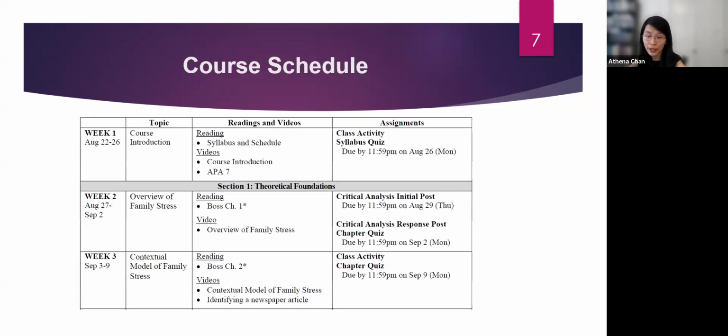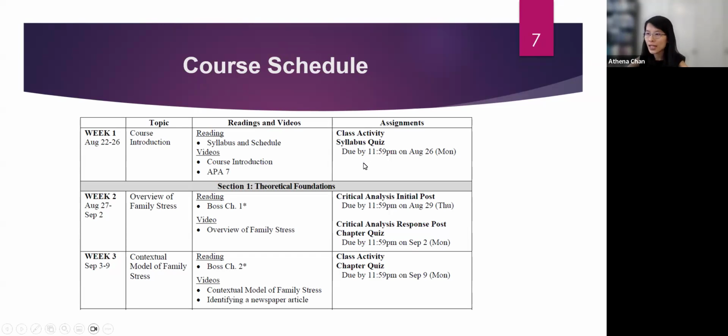So this is the course schedule, which you can find in Blackboard. It's clearly indicated each week, and except for week 1, we always start with Tuesday and then end with Monday. And then the topic we will cover that week. In the third column, you can see the assigned readings and then the lecture videos, which are either ones I recorded in advance or those stimulating videos which I find helpful to your learning.